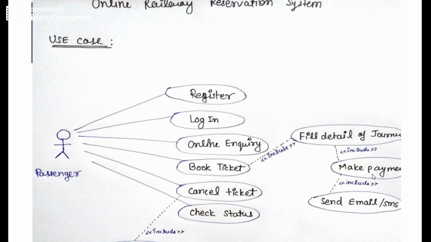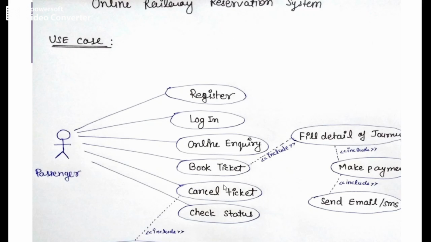So you have to make the payment also. While making the payment, you know that you have to specify your email ID or mobile number. Through the gateway your card and credentials will be taken, and transaction will be done. Once the transaction is successful, you will get a confirmation message. So send email or SMS, the transaction is successful, and the system will tell your ticket has been booked successfully.